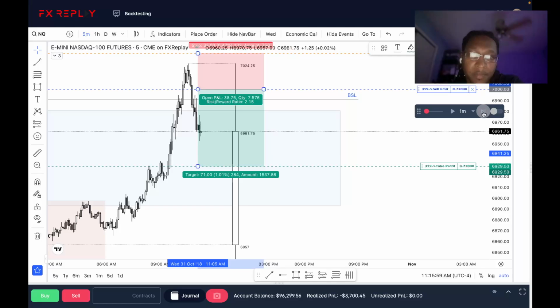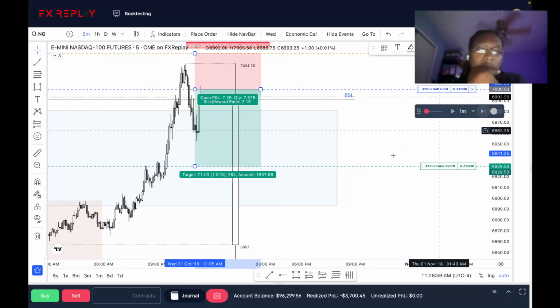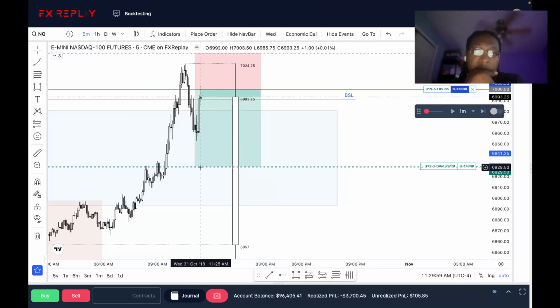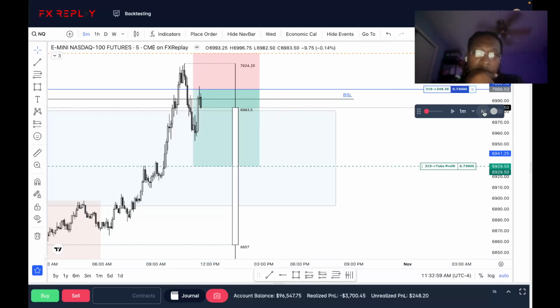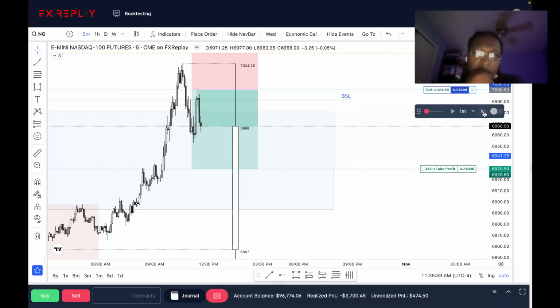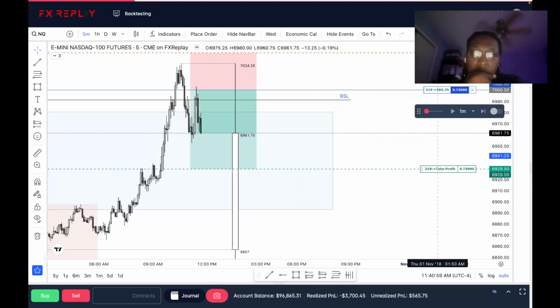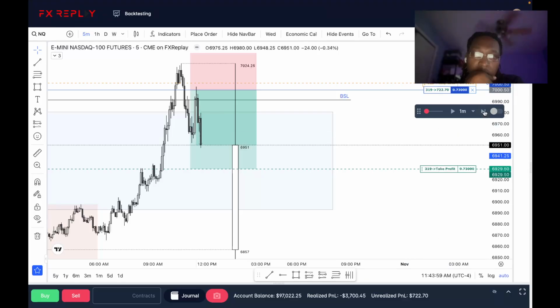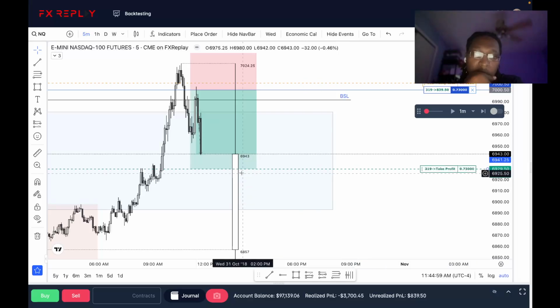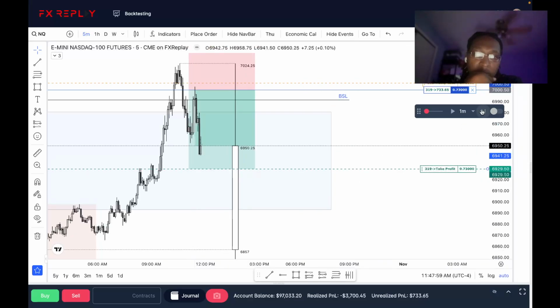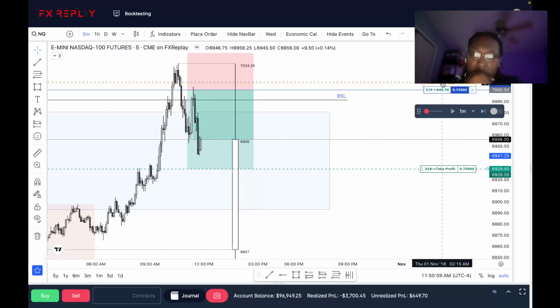Couldn't get a retracement. What time is this? 11:25. This may not be good. Fulfill. All right, let's move stops a little bit to the order block. Looks like we're dropping down even lower, so gonna move. Actually, no, we're gonna leave it. Let it hit. Move my stops into profit.